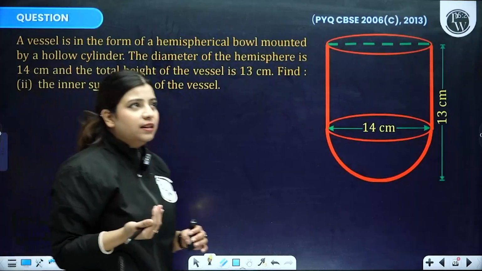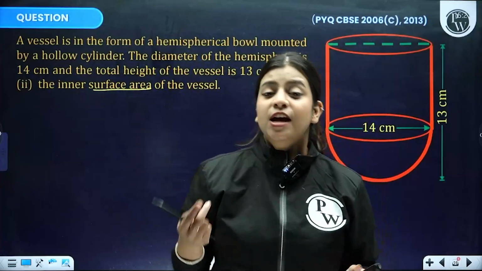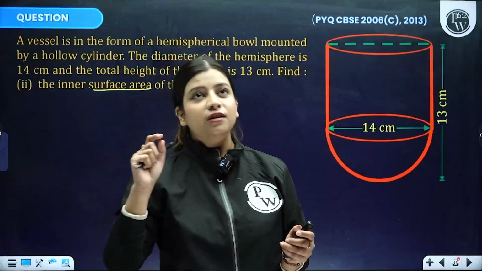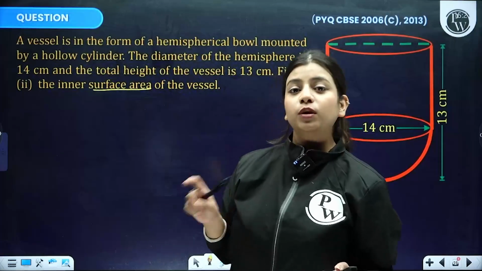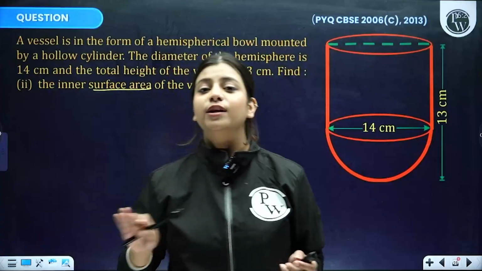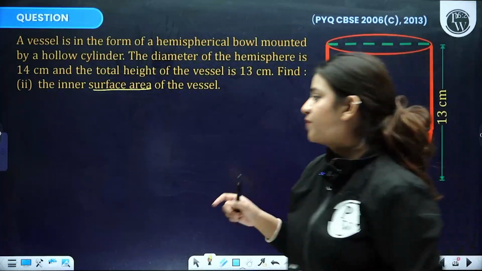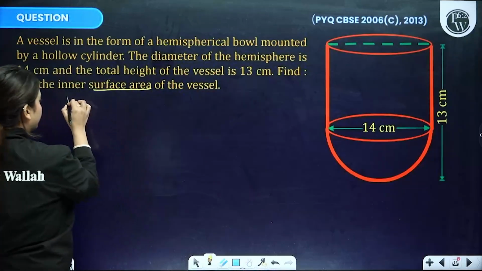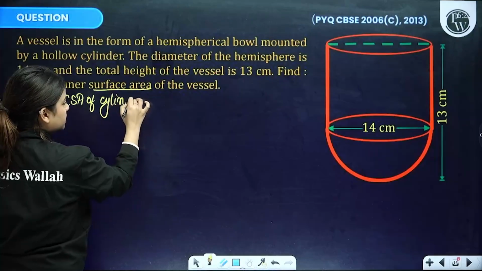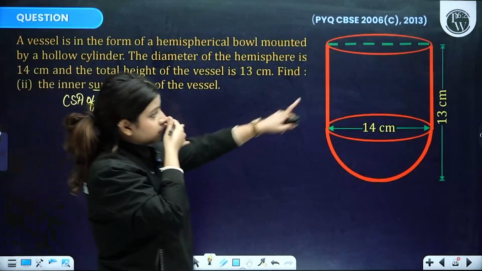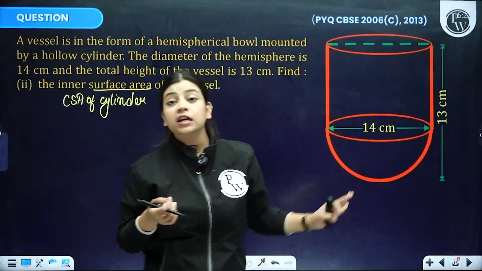You might wonder whether the surface area will be lateral surface area or total surface area. So people, whenever it is not mentioned whether you just have to calculate the lateral surface area or the total surface area, and it is just mentioned that you have to calculate the surface area, that simply means you just have to calculate the total surface area, right? Total surface area will be given by CSA of cylinder, because this is the vessel which is open at the top, and this part is also not closed, right? So we will only be taking the curved surface area of the cylinder.